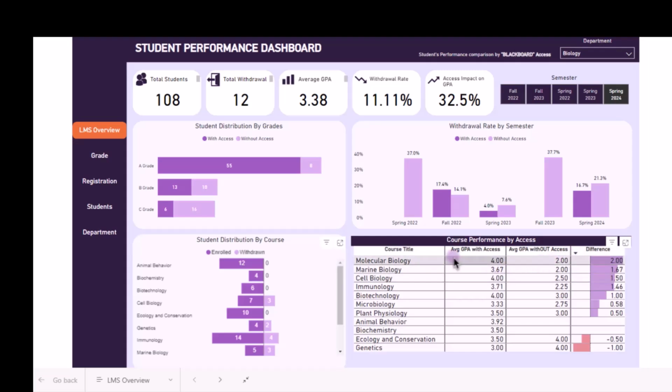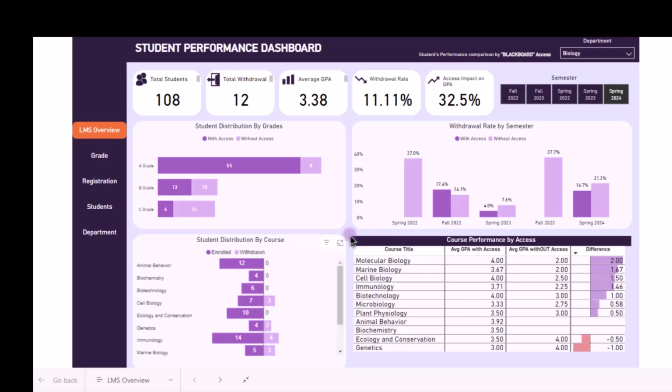For instance, in molecular biology, students with access have a GPA of 4, while those without access have a GPA of 2, resulting in a difference of 2. This helps identify courses where access to resources is making a significant impact on student performance, possibly guiding interventions or resource allocation.